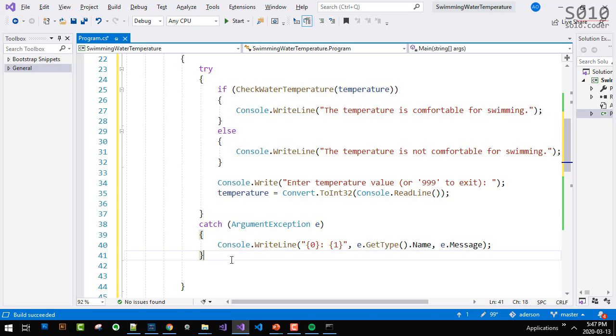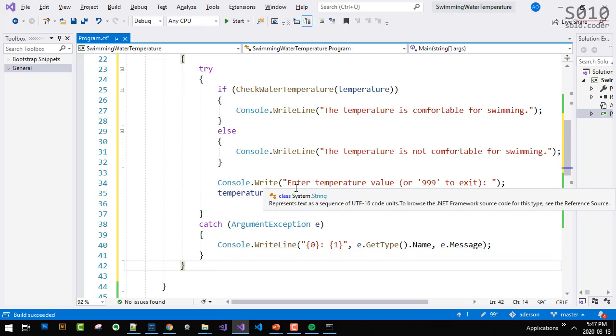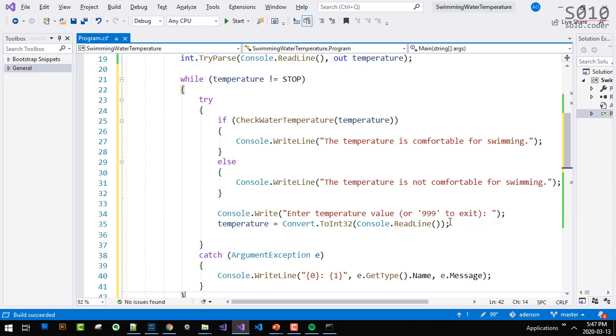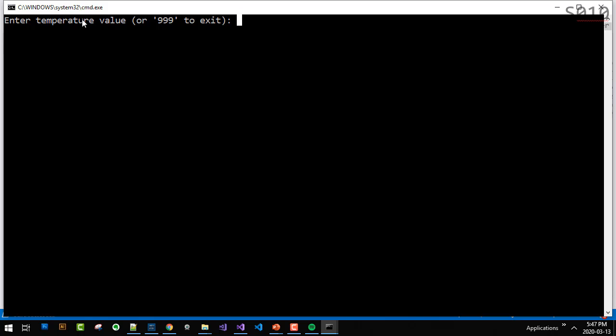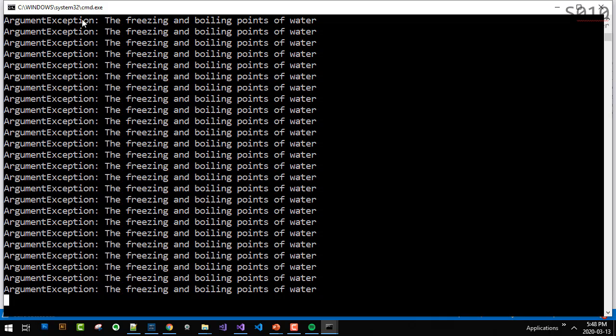Just to recap what I did again. So instead of while being inside of try, now we have try inside of while. Okay? So does that make more sense now? Let's give it a try. Talking about try. Let's see. Let's do a very low temperature here and see how it goes. Something going wrong there? What do we have there?